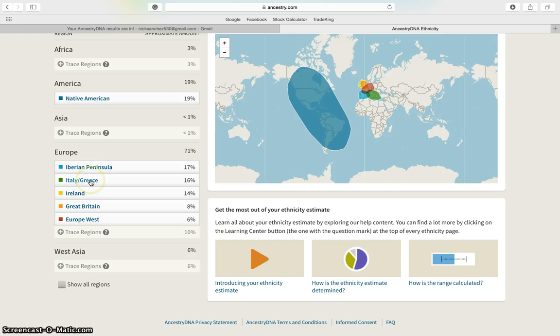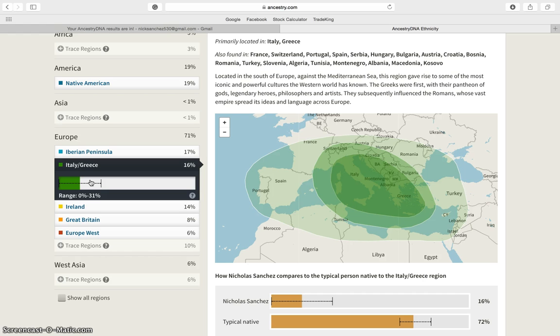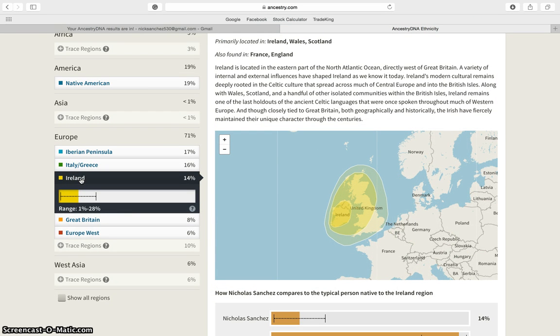So let's see here. Italy and Greece, 16%. Interesting. It's just about the same as the Iberian Peninsula there. So that maybe we are Italian. I don't know. It's very interesting. It's almost the same thing, just shifted over to the east. Italy and Greece. Ireland, 14%